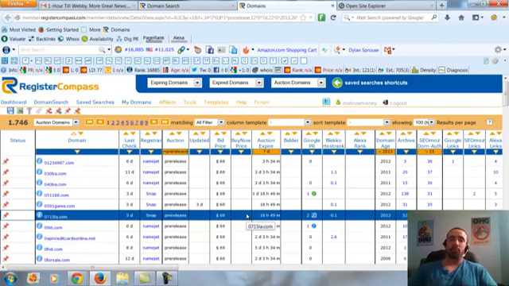You do more research, you do more work in the initial phase, then you get the sites for cheaper. All right. Hopefully, this helps you guys get your networks together for a lot cheaper than you were.